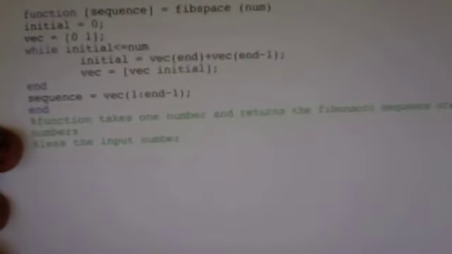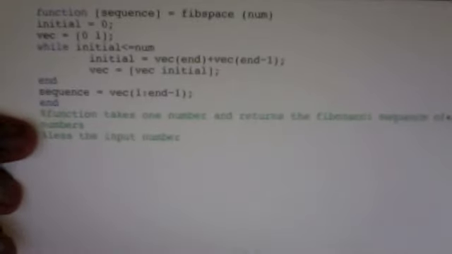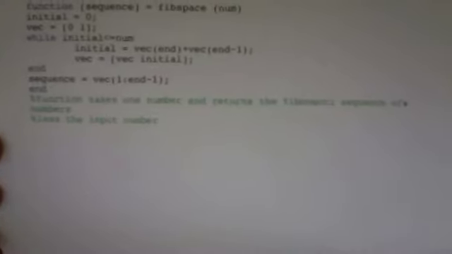So looking at this code, we have function output is sequence equals fib of num. Our starting variable is 0, and our counting variable, which is the first two numbers of the Fibonacci sequence, are 0 and 1. So while initial is less than or equal to the number we're given,